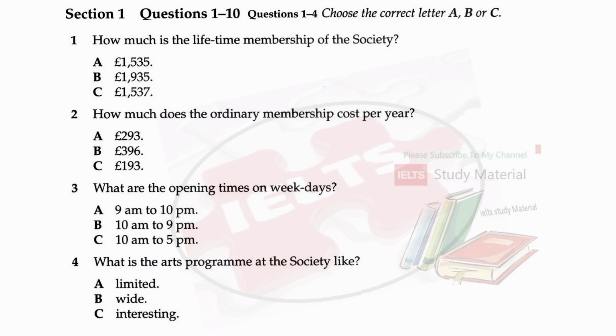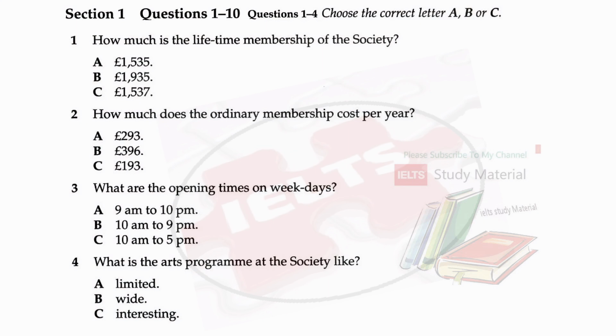Hi. I'd like some information about joining the International Arts Society. That's no problem. What exactly can I help you with? First of all, I'd like to know about the membership fee. Well, there are 2 types of membership. Can you tell me what they are? First, there is lifetime membership, which means that you can have access to all the facilities at the Society itself and all exhibitions. Plus, you can have discounts to various events at affiliated arts organisations here and abroad. And on top of that, you can use the lifetime members' room.